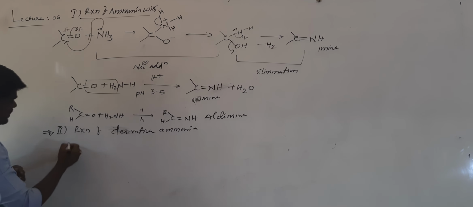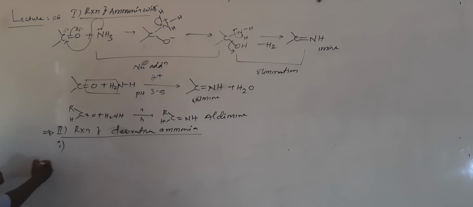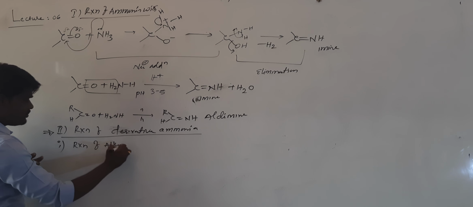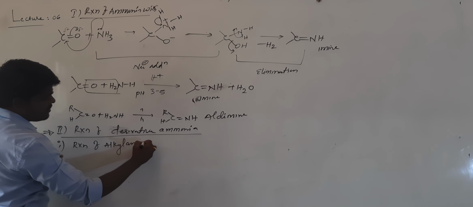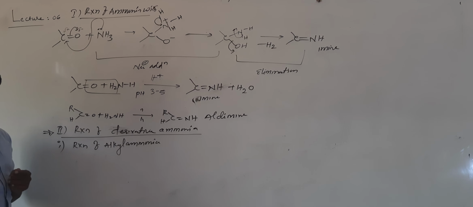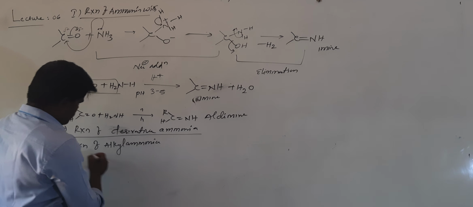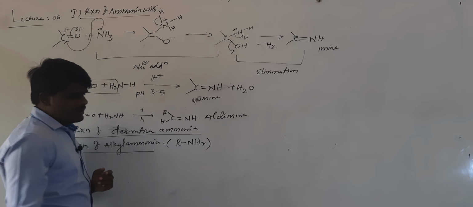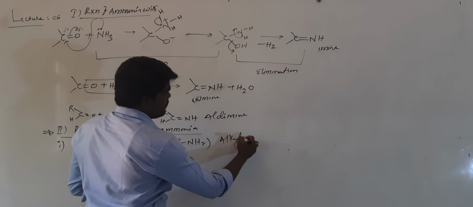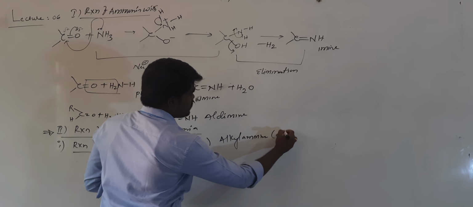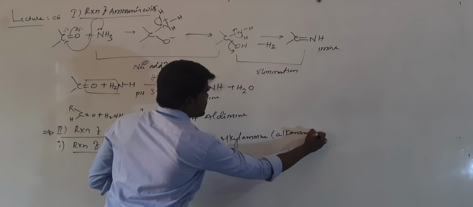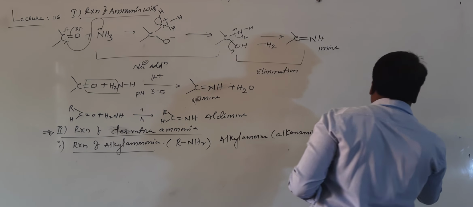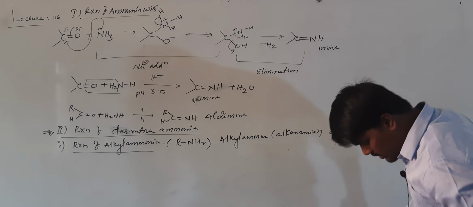Under that, the first one we'll take is the reaction of alkylamine, or alkanamine as we call it. What is meant by alkylamine? The general representation of alkylamine is RNH2. Alkylamine, or we also call it alkanamine, on reaction with aldehydes and ketones